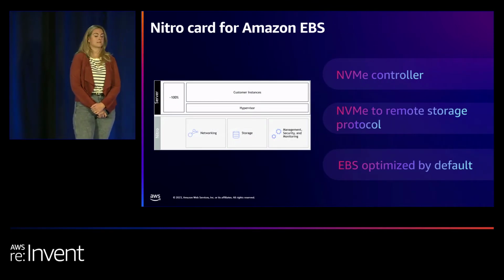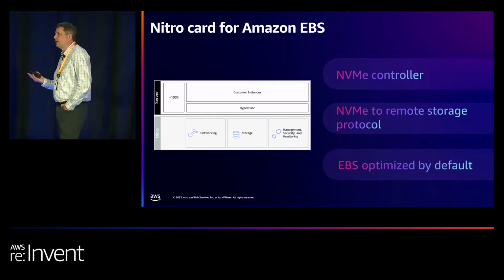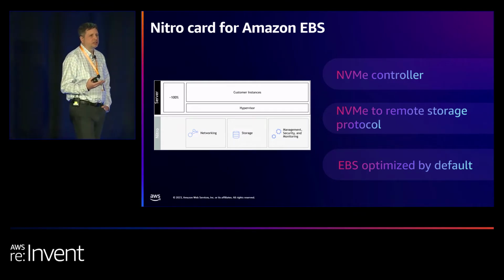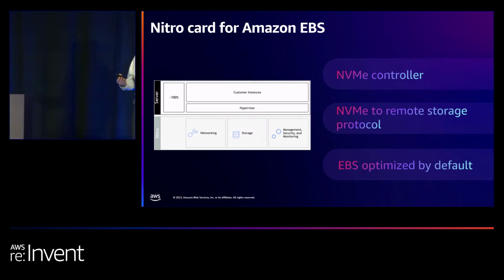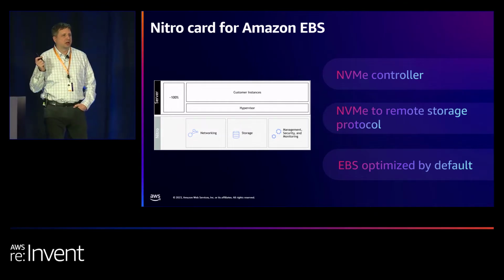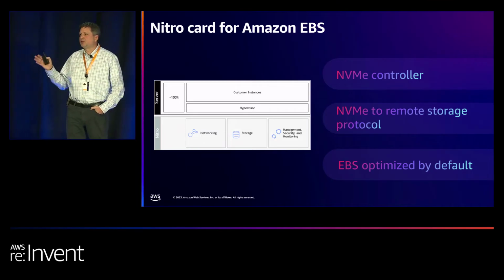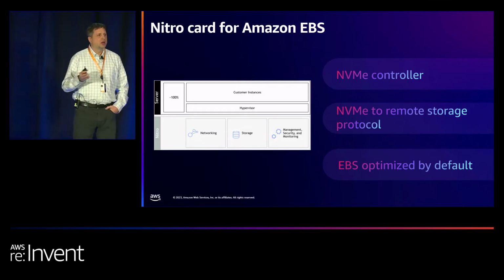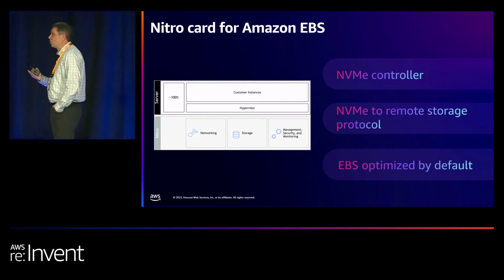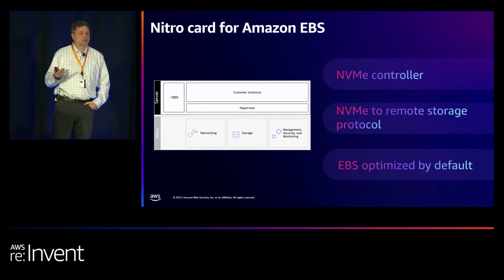You know, it was about this time that we also started to be able to leverage lots of the investments that we, AWS, were making in our overall ecosystem, and really leverage some of the technologies that we were using in other spaces but had direct applicability to EBS. And certainly one of those was the Nitro card for EBS. All of the instances that you consume now are Nitro-based, and you know that for its security posture, you know it for the fact that it is able to give you all of the performance of the infrastructure that you're running on. But for EBS, it also allowed us to present basically native NVMe controllers,